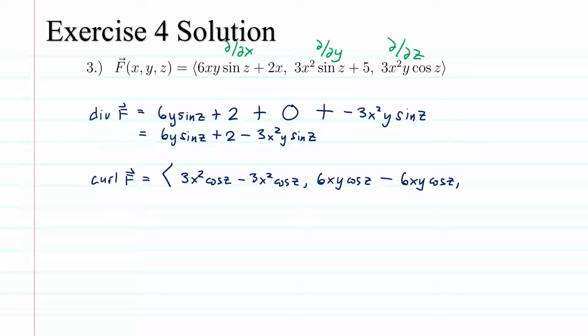So that's 6x sine z minus partial nito with respect to y. So minus 6x sine z. Okay, tapos, kung napansin nyo, pag sinimplify itong curl f, we get the vector 0, 0, 0, or